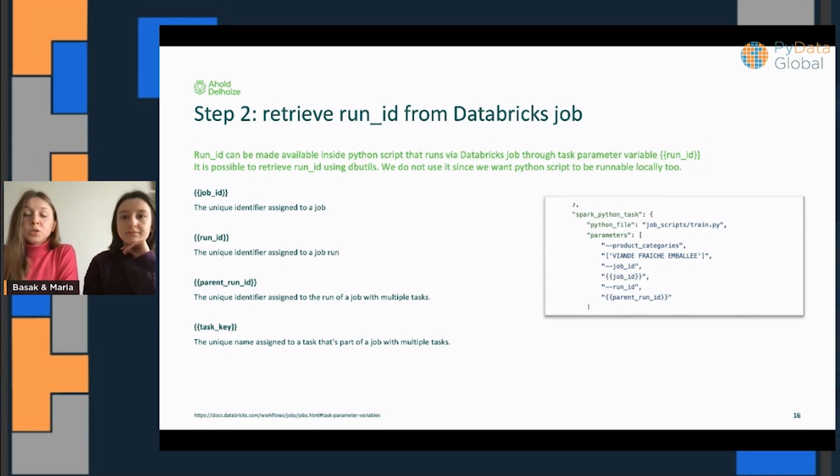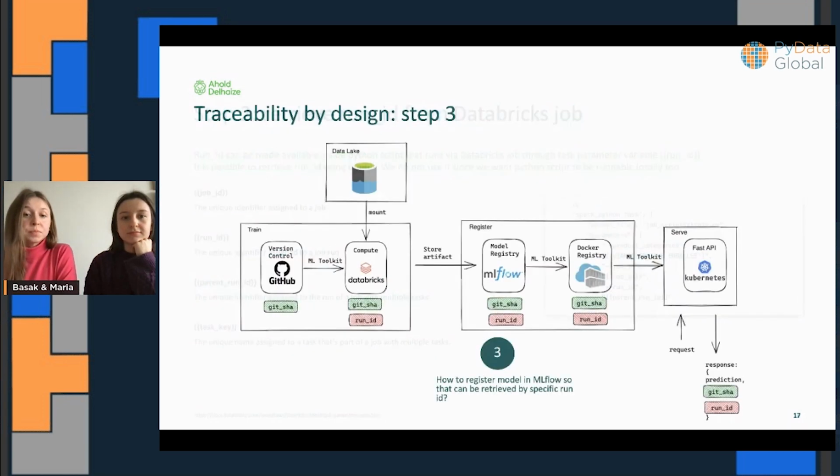Because we pass job ID and run ID as Python parameters, those can be readable inside the Python script that we run. Next question would be: when we have this Python script where run ID is available and Git SHA is available, we need to register a model in MLflow so that it can be retrieved later on by a specific run ID.